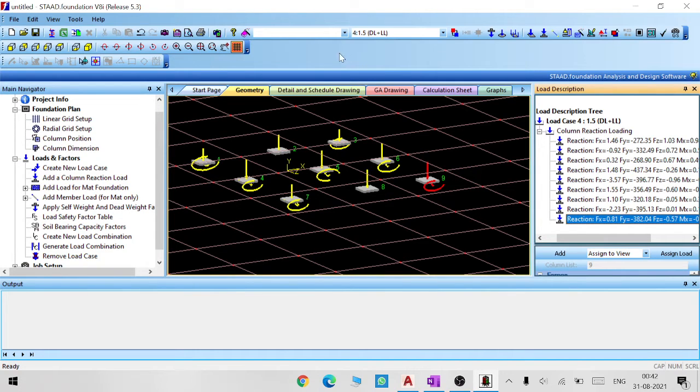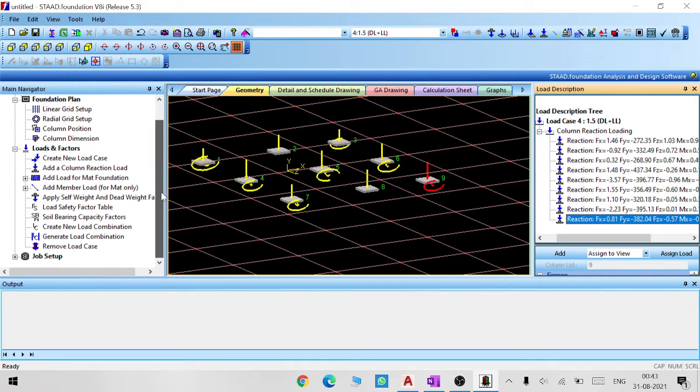In STAAD Pro, when I ran the analysis, by clicking support reaction, Fy, maximum value, I got one tabular column, and the tabular column values I implemented directly here. Or else you have to create a new load case and add a column reaction load. So it is a big process. That's the reason I imported the file directly from STAAD Pro.